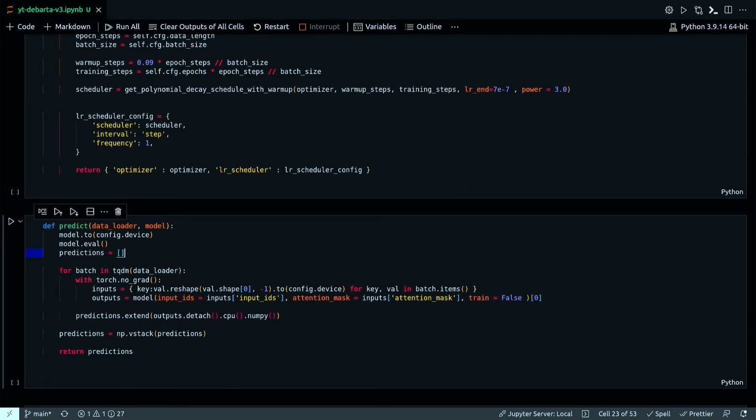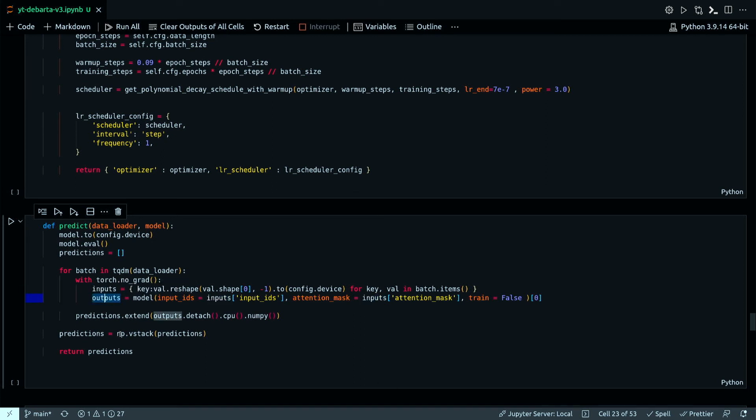So basically what I did in this method is I'm looping through the batches, and for each batch I'm getting the inputs from the batch items. Then I'm passing that inputs to my model. To the model I need to pass the input IDs and also the attention mask. Both of these I'm getting from the inputs tensor. That, when passed to the model, produces my outputs.